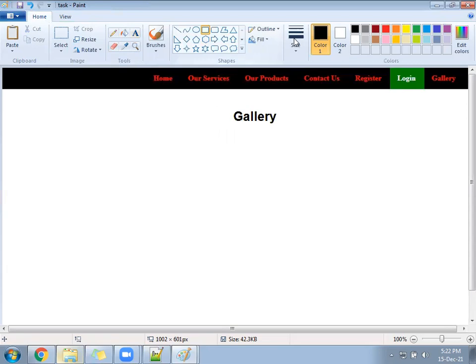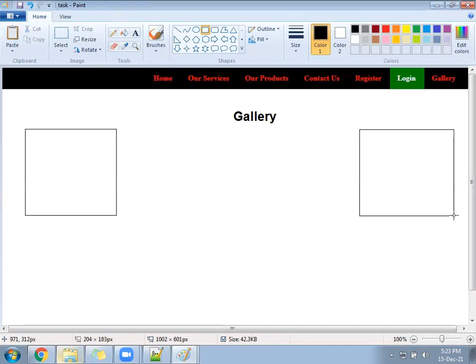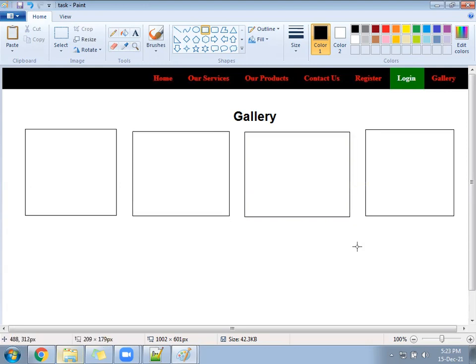Next, it should look like this. There is a division here. One division, second division, third division, and next is the fourth division. So all look similar. Box shadow we have seen yesterday. So first you have to create the 4 blocks in one line. Margin, padding you will understand, plus box shadow.